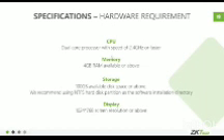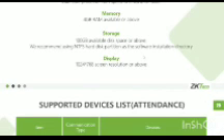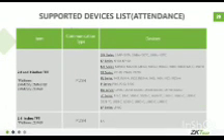And here is the hardware requirement. As you can see, it's not something that is too special. It's a normal server which can hold this software. And here are the devices that are supported. As you can see, most of the lines of the software that are provided by ZKTeco are available. Silk series, well, the MBs, the Visual